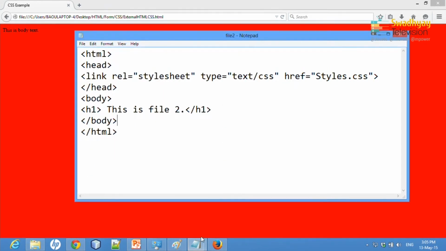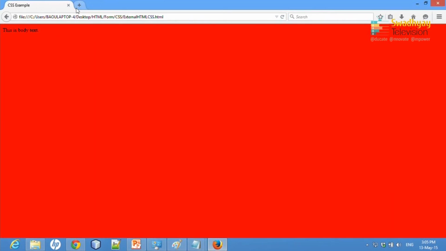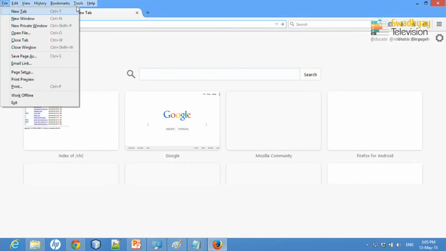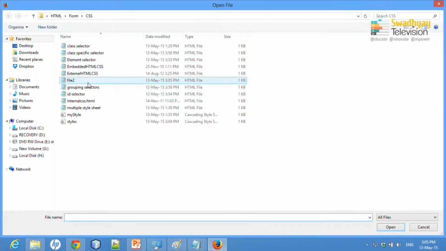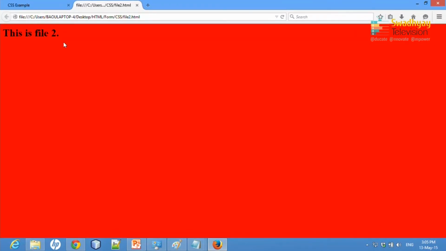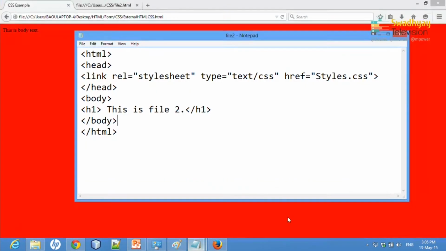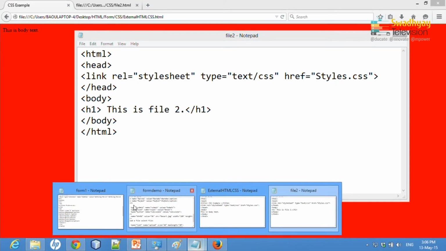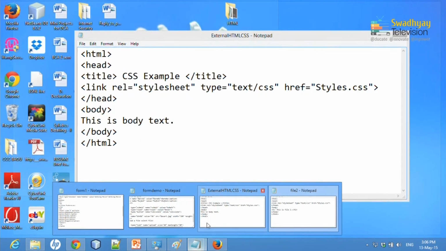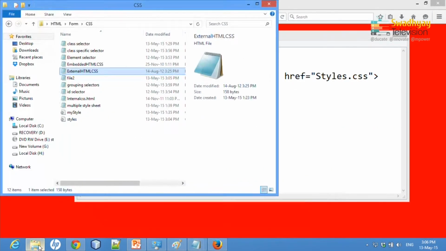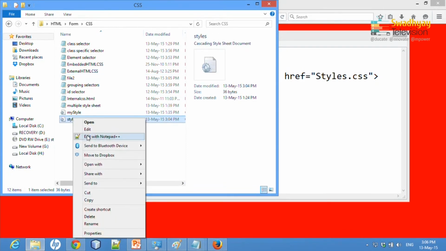So, save it. Now, if again I open it here, file 2. Look at this, it is again a red background, the same thing. The benefit, as I say, is that if I need to make this background green, I do not need to write it here, I just need to change my style sheet. My style sheet name is styles.css. So, I just open it